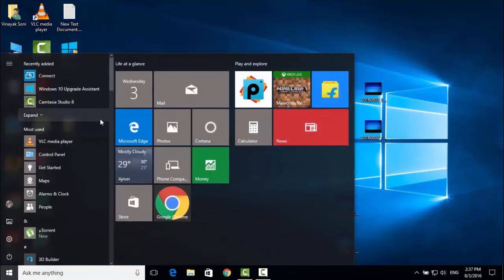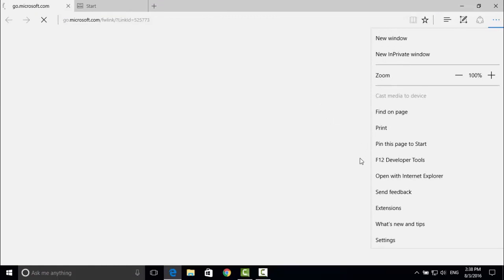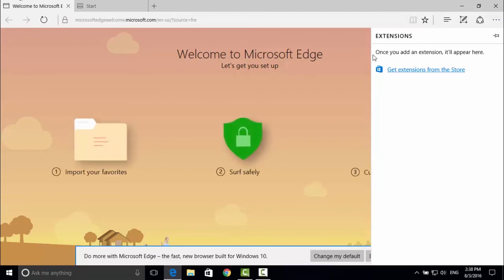And the major update I saw is in the Microsoft Edge browser, and now it also supports extensions or plugins, web plugins. You can get extensions from the store now.